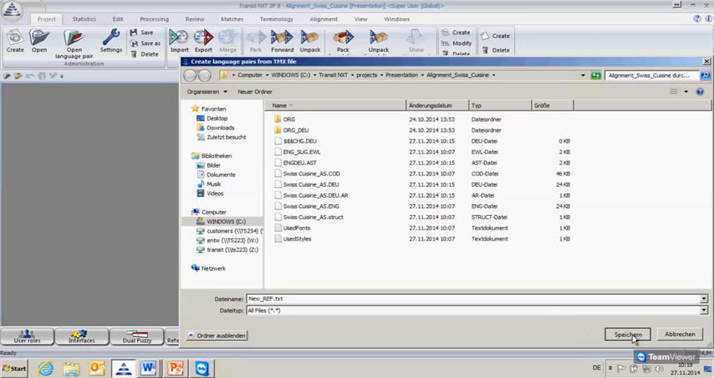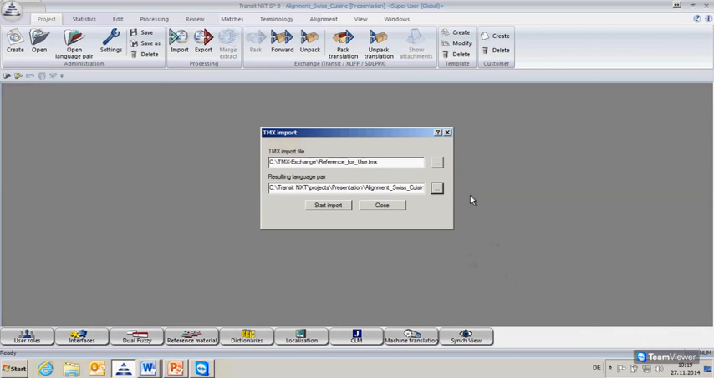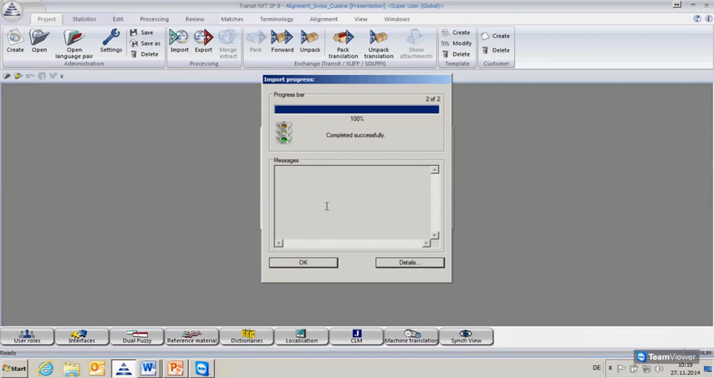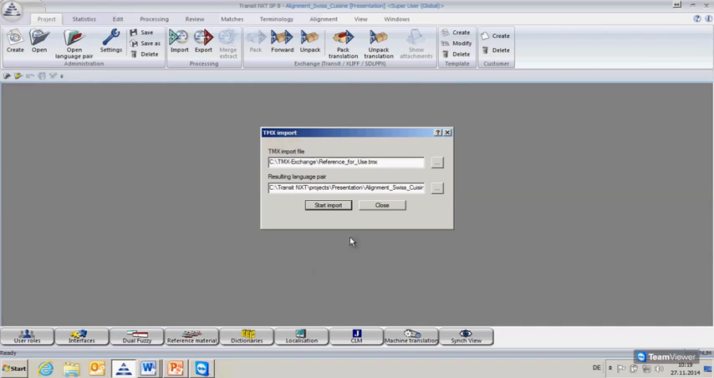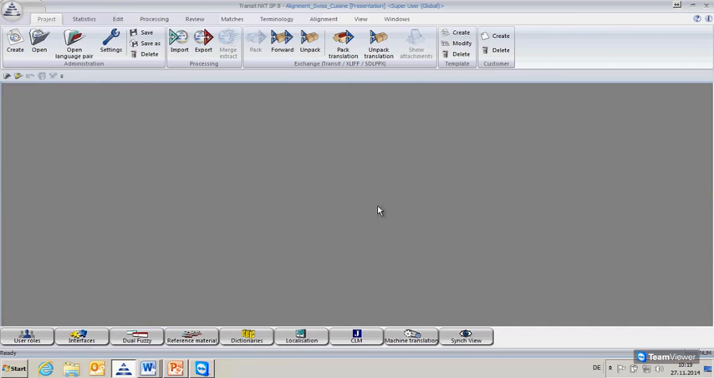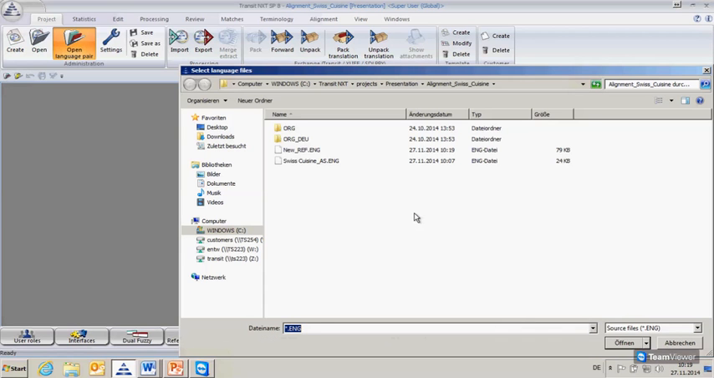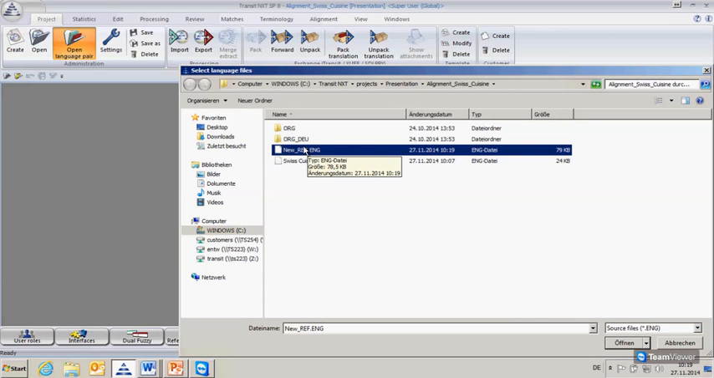So I click on Save. The import is done rather quickly since it's a small TMX file. And I can close this dialog. And if I want to have a brief look here, since I have it somewhere, and since it is a language pair, I just can open it. Here we go. We find the source part of my